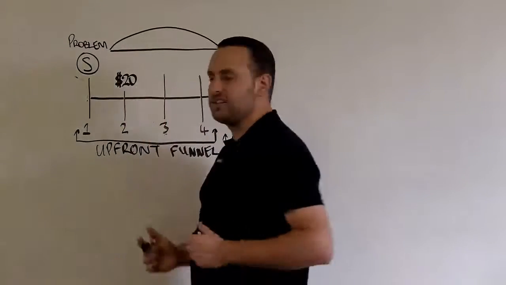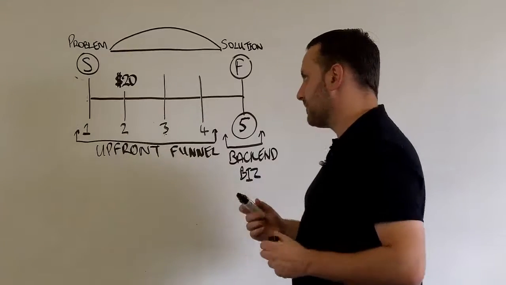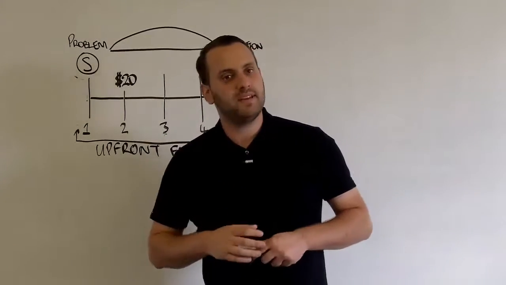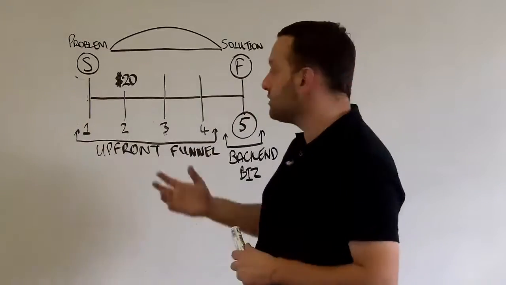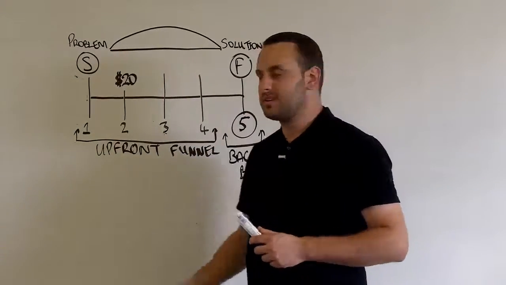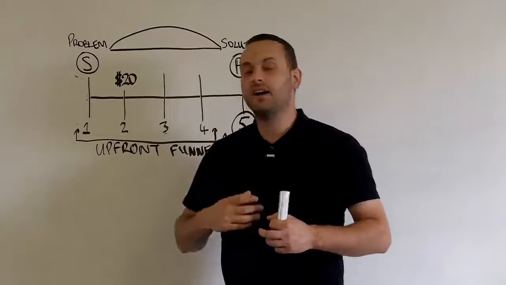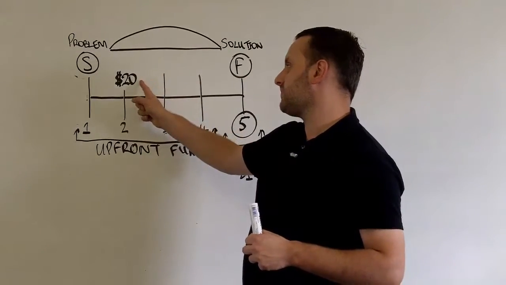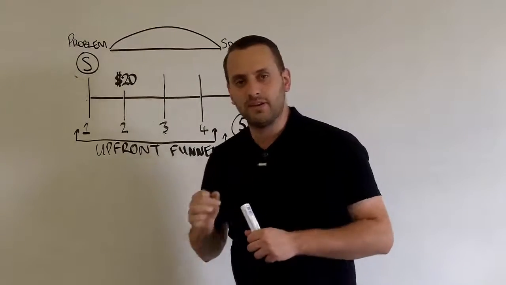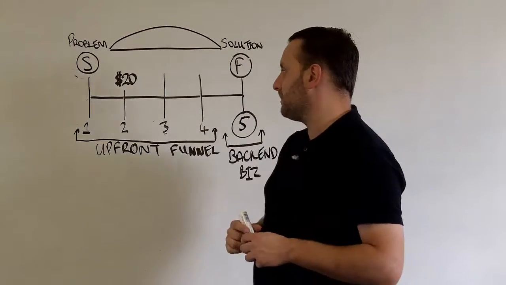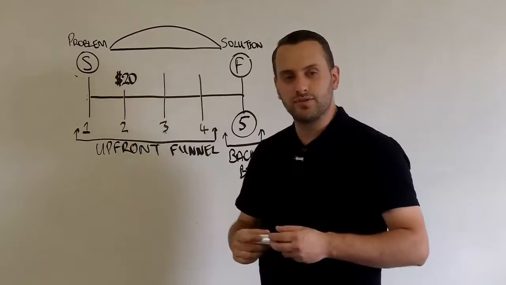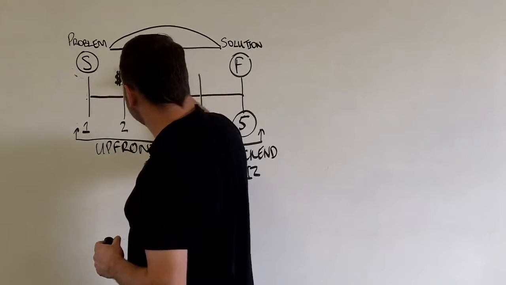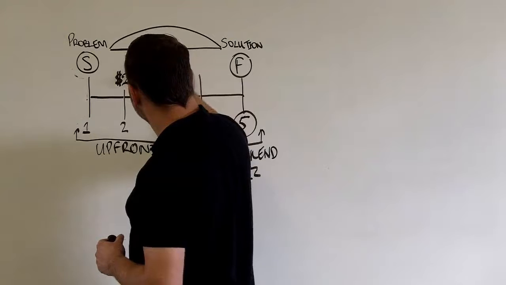If that was just something crazy low, like $20, and you wanted to make, let's say, $10,000 a month, how many of these are you going to have to sell? Well, you would need to make 500 of those, right? So 500 times $20